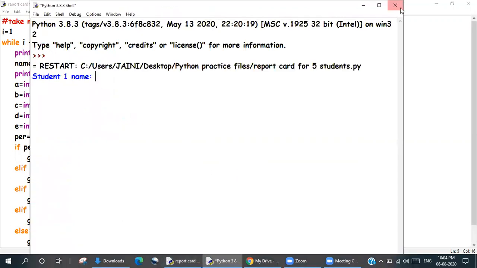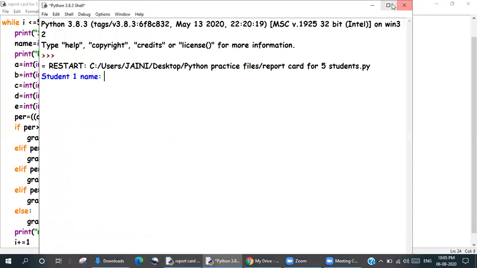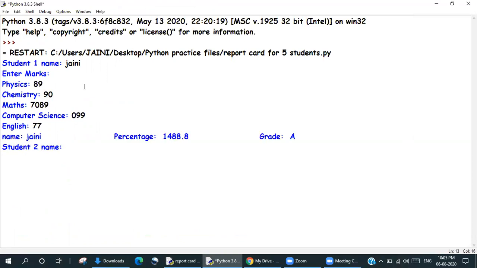Okay, yes, I've made another mistake. I did not increment the value of i. So right at the end over here, when I use the while loop, I have to say i plus equals 1. Now let's run this. Student 1, enter name. Okay, student 2.